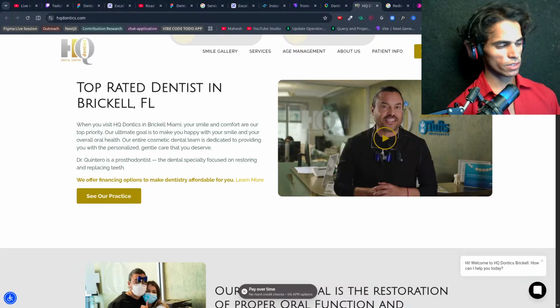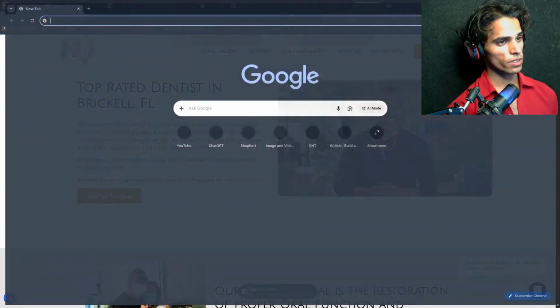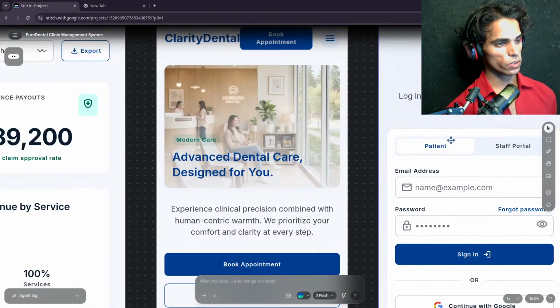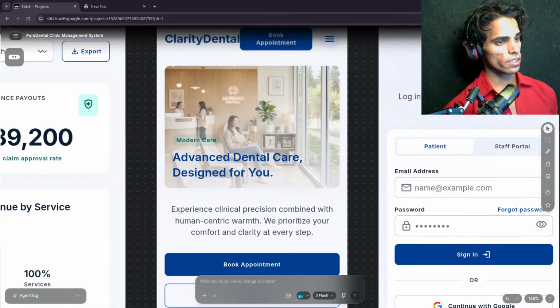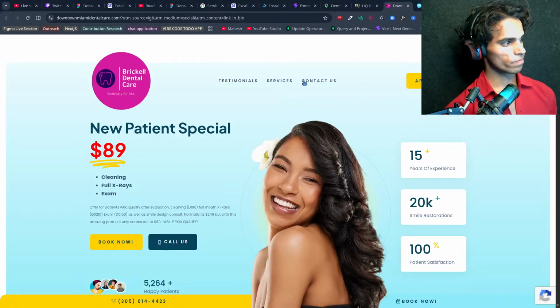We can do multiple things, or use the UI we have created from Stitch. So it depends on which you want to continue with. It's a little bit confusing to me.